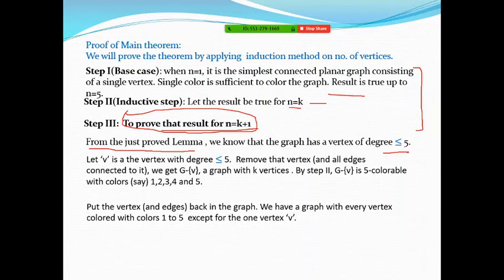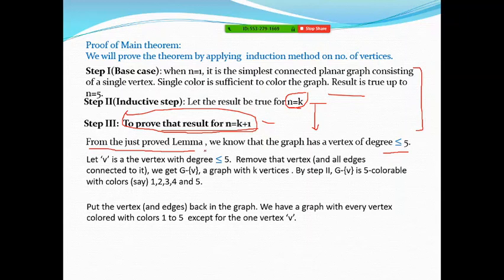The first turning point is how we are introducing this lemma 1. So what is this lemma 1? The graph is with k plus 1 vertices, and the result is true for n equal to k. See how we are using step number 2 to prove step number 3. Any induction process which is not using step number 2 is incorrect. So there is always a use of step number 2.